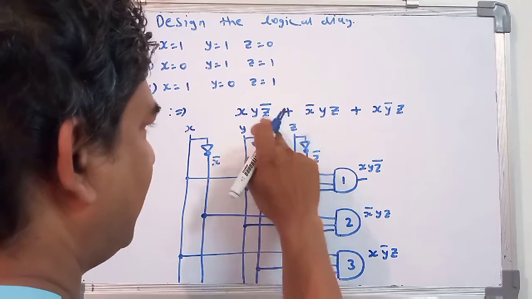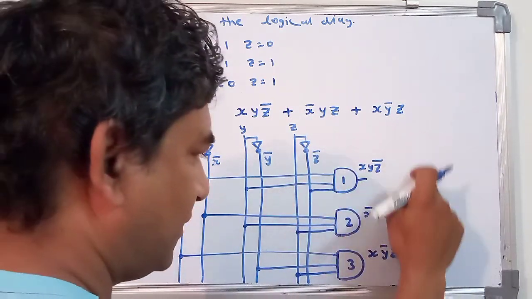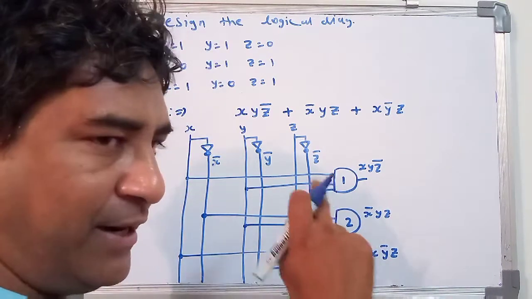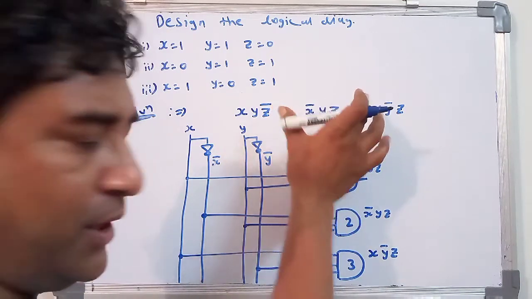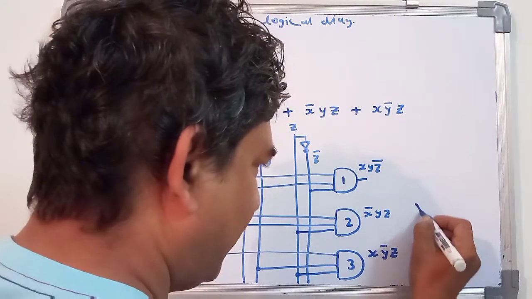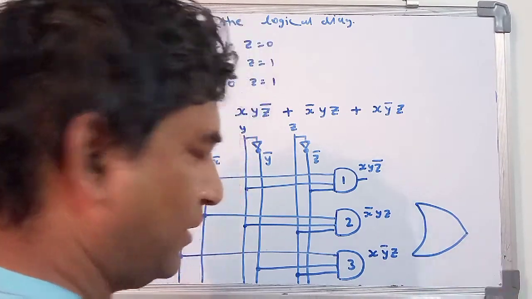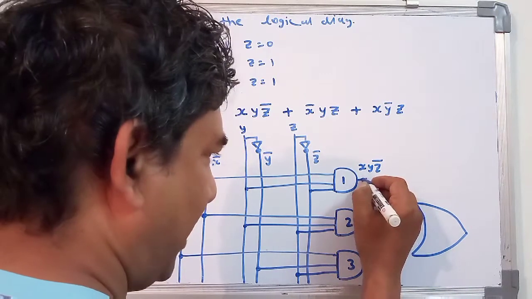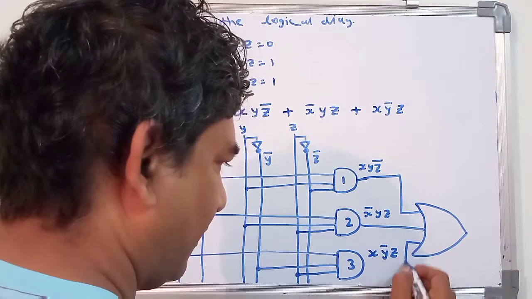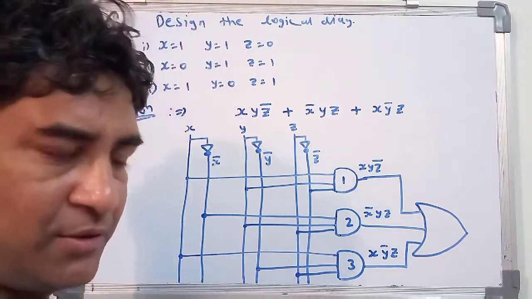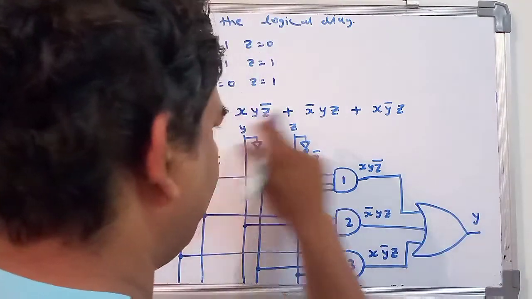Now observe the equation, it is a plus and it is a plus. So these three should be added together to obtain the output like this. For addition you have a gate, and that gate is nothing but an OR gate. So you draw the OR gate like this, and the output of the AND gates is connected to the input of the OR gate like this. Okay students, so at the end you will be getting y is equal to something.